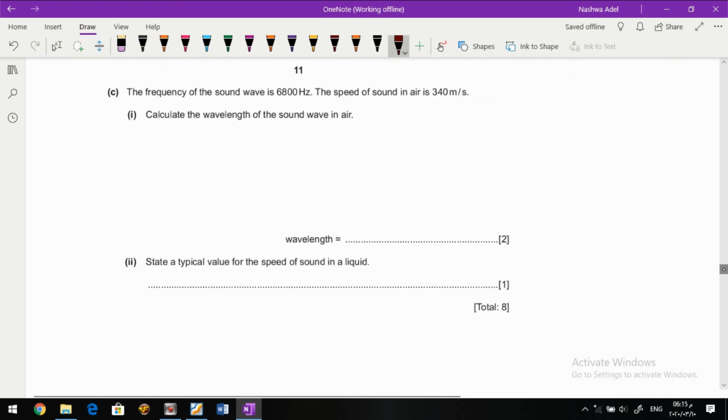The frequency of a sound wave is 6800 Hz. The speed of sound in air is 340 meters per second. Calculate the wavelength of the sound wave in the air. The speed of wave, V, equals lambda F. So we have lambda equals V divided by F. So 340 divided by 6800 equals